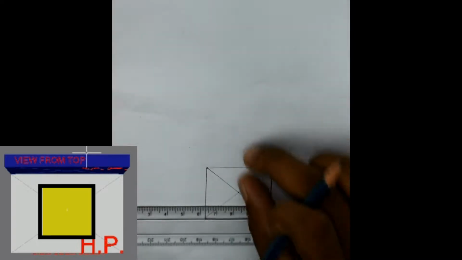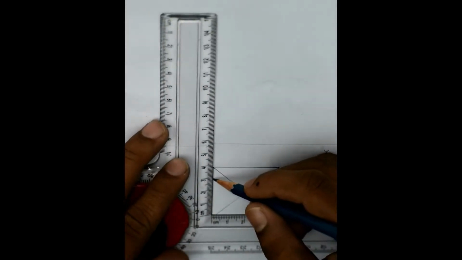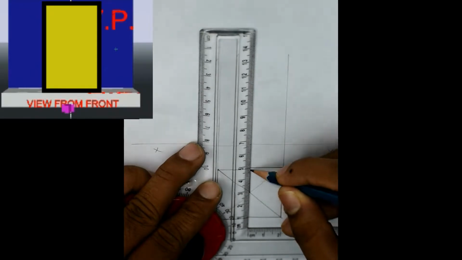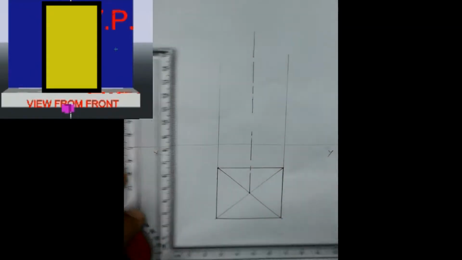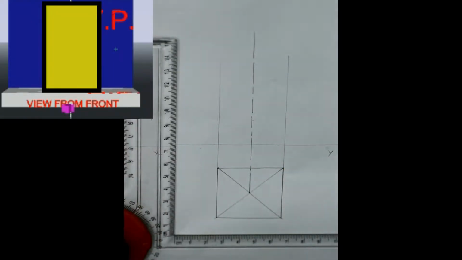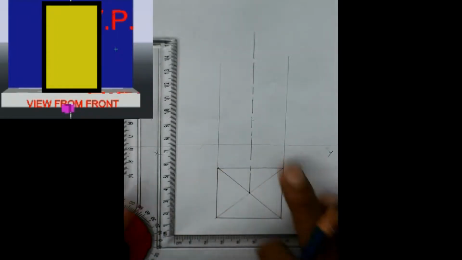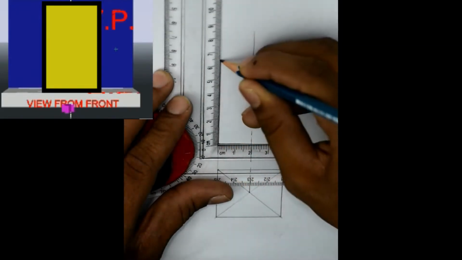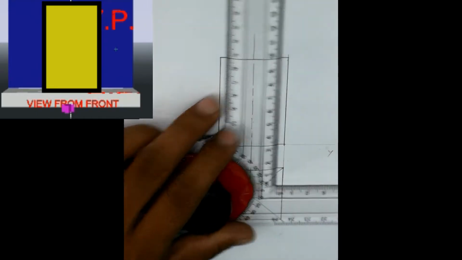And now I am taking some gap and I am drawing the XY line. And I am just projecting the lines arbitrarily. I am not taking any distance. And also the axis line. As mentioned in the question, the axis height is 65 mm and it is resting on the horizontal plane. So we need to make sure that it is on the XY line because it's resting on the horizontal plane. So I am drawing from this side and the axis height is 65 mm. Just if we close this rectangle, our front view is completed.